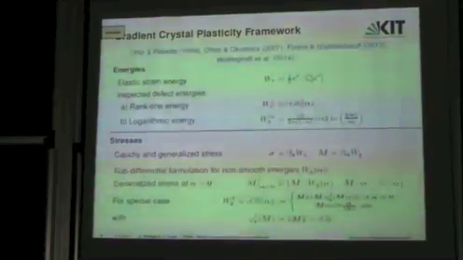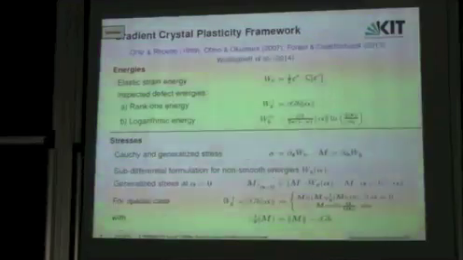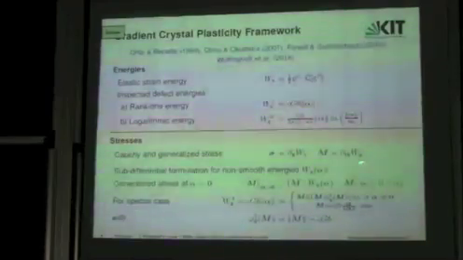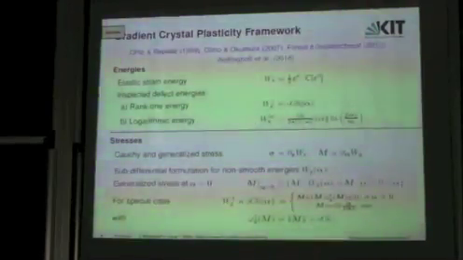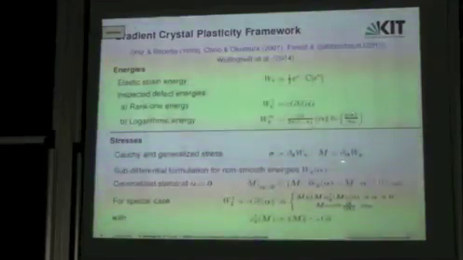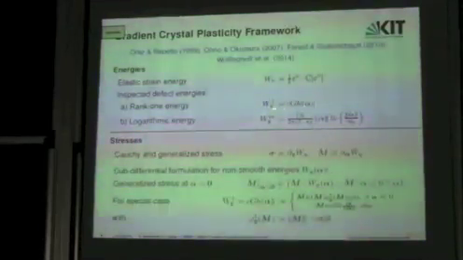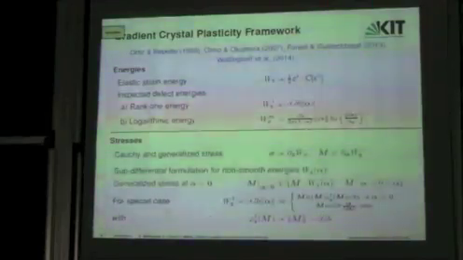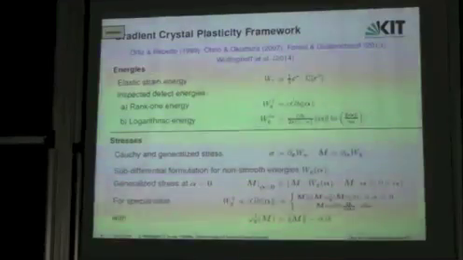Then, as I already said, these energies act as potentials for the stresses, like for the Cauchy stress and also for the generalized stress M. But here we get a problem, since this energy here is not smooth. It's not differentiable at alpha equal to 0 if you apply the rank 1 energy, for example. So therefore we said, okay, let's see how we can describe this, and therefore we propose to treat this by using the